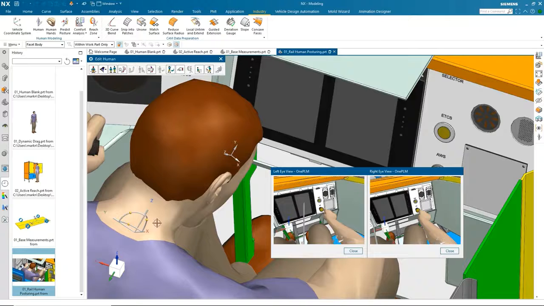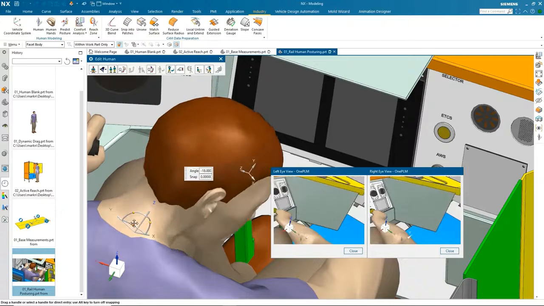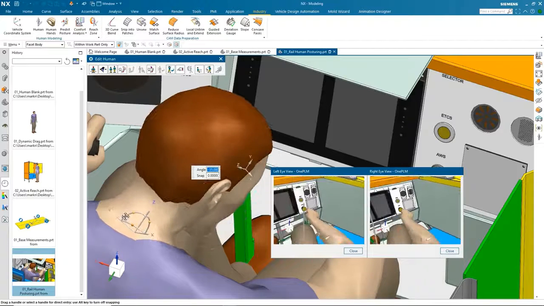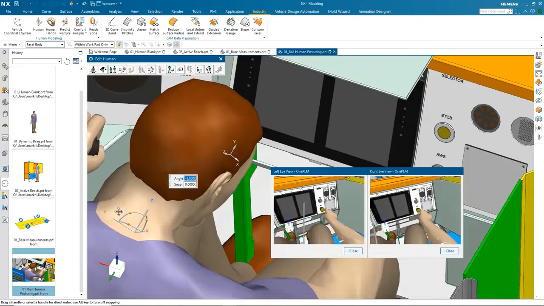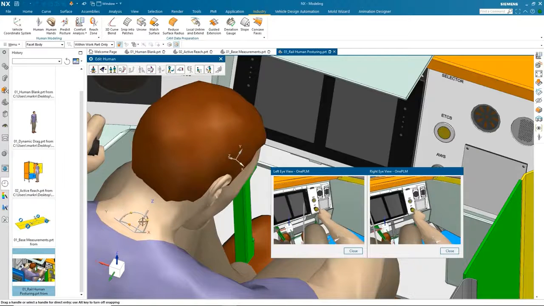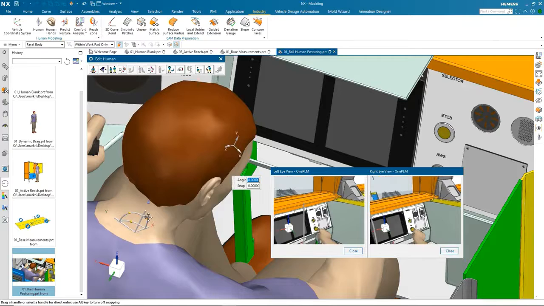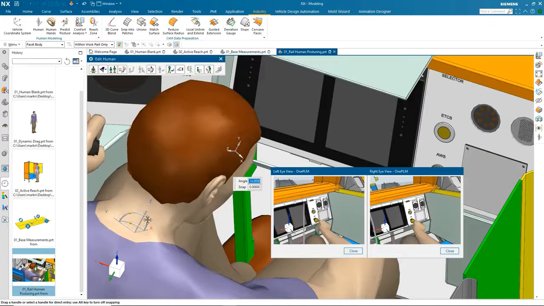This is live as well. So if I go in here now and adjust this joint, you can see I'm seeing a live preview of what I can see. This is really to see what I have within reach. Another option that I could have done, and I'm just going to close this,